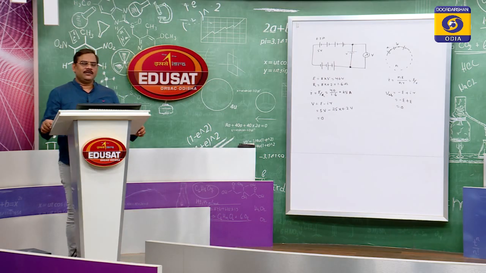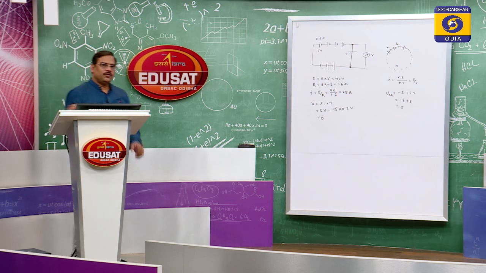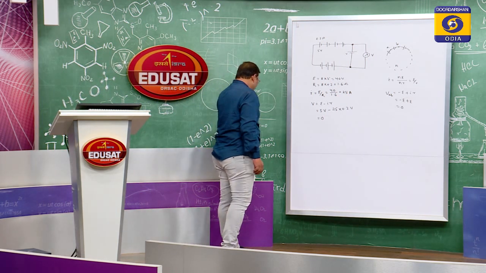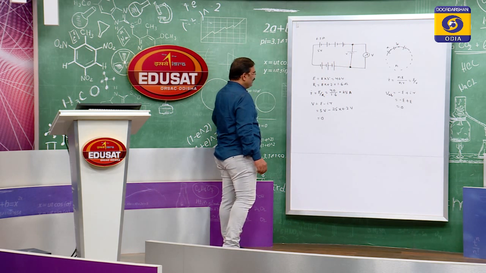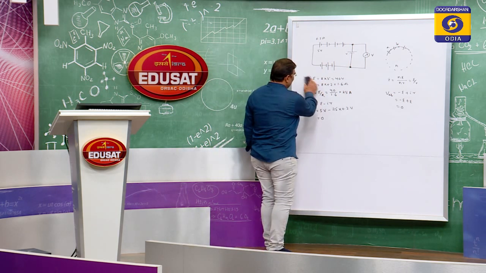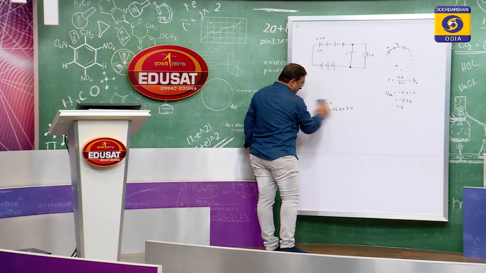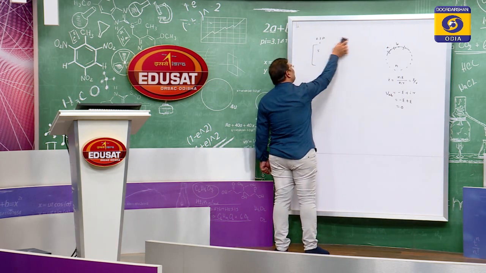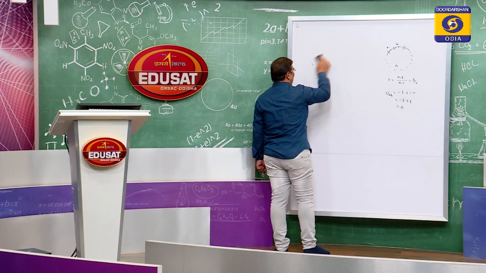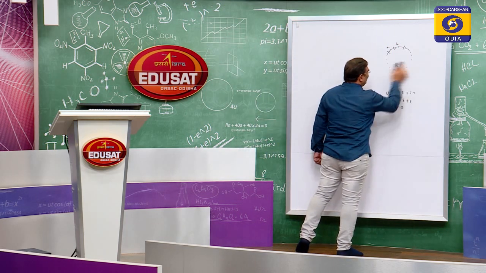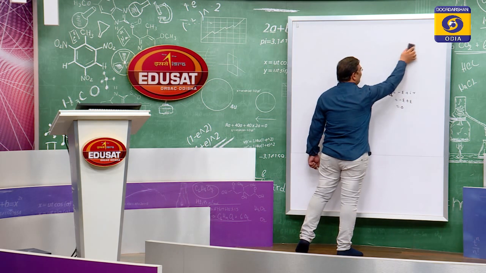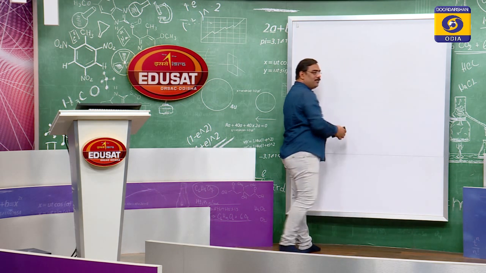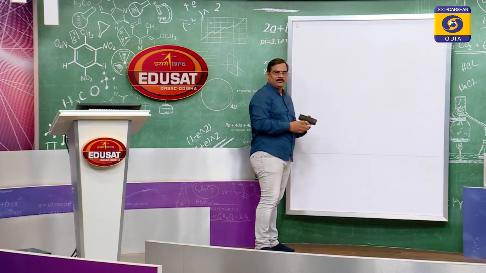Now, let us take another example. Suppose 12 cells are enclosed in a box and they are connected inside in series. They are forming a big battery, and some of the cells are wrongly connected in that. Because we cannot break that box, how do we calculate how many cells are wrongly connected?